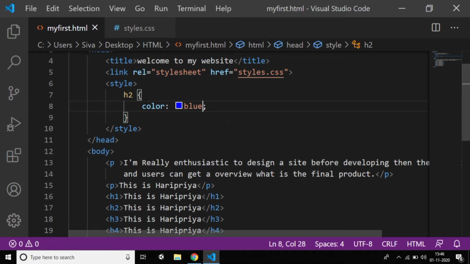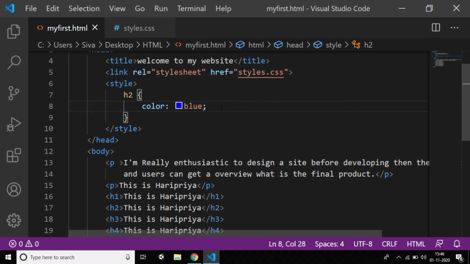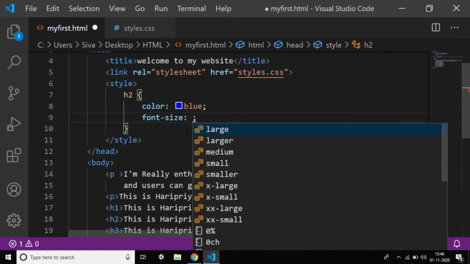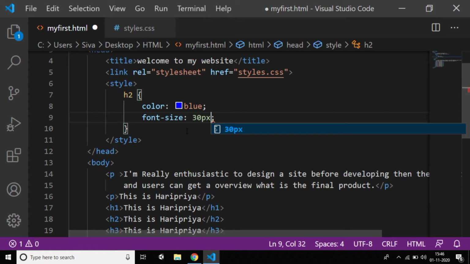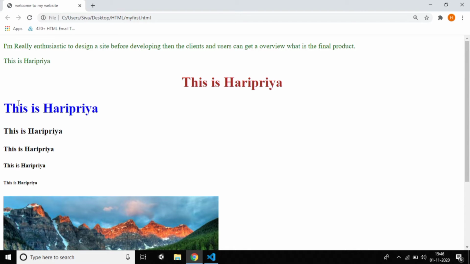If you also want the font size, you can give the font size, of course. If you want a very big font size, you can give 30 pixels, press Ctrl+S, reload it and see the output, which is very big. So this is all called internal CSS.